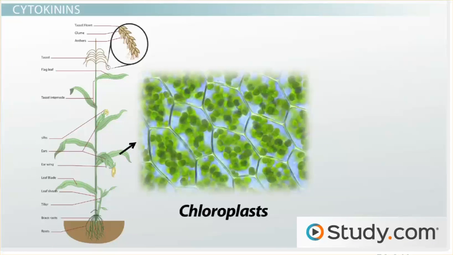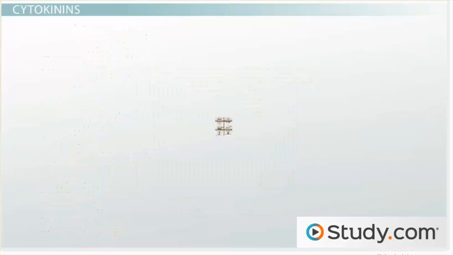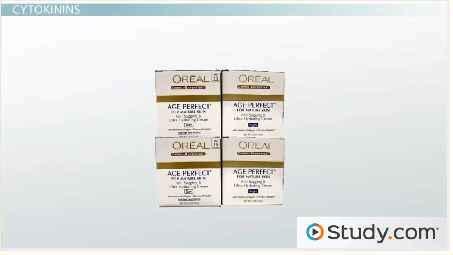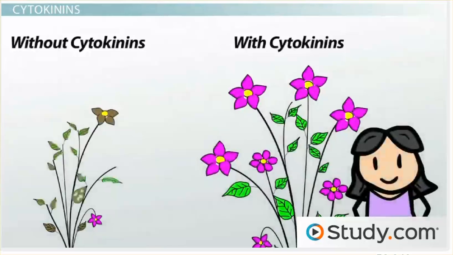A unique role of cytokinins is to produce anti-aging effects on some plant parts. When you think of anti-aging products, you may think of expensive face creams that advertise giving a younger, brighter look. Cytokinins actually provide a younger, healthier look in plants. Florists commonly use cytokinins to make cut flowers look fresh for longer. By adding this hormone to cut flowers, florists are able to slow down the aging process,